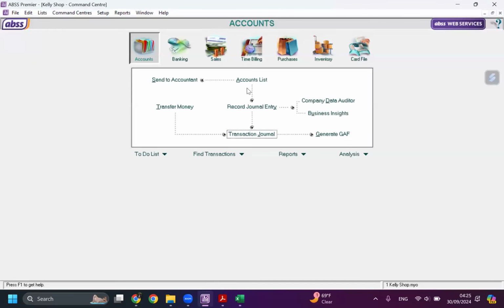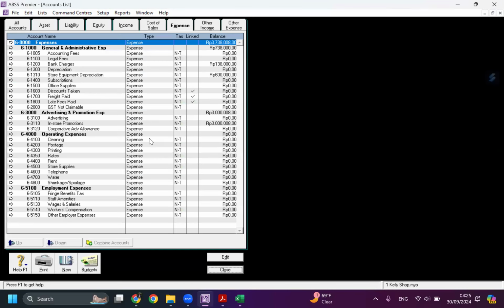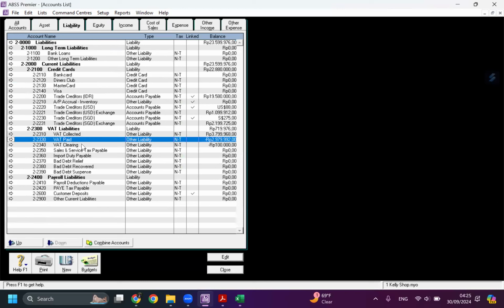Or perhaps we can check whether our journal is already posted by checking here. VAT paid, VAT clearing. I think we can check from this account.